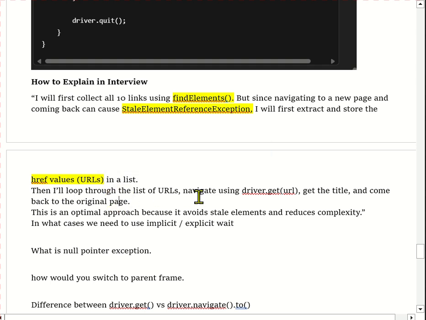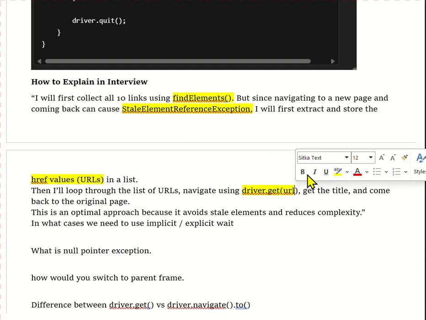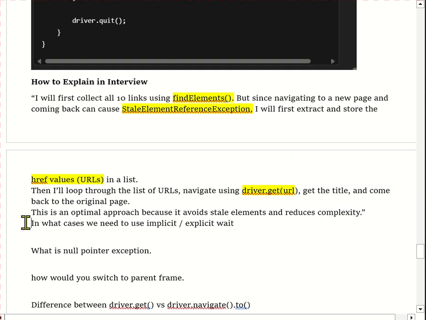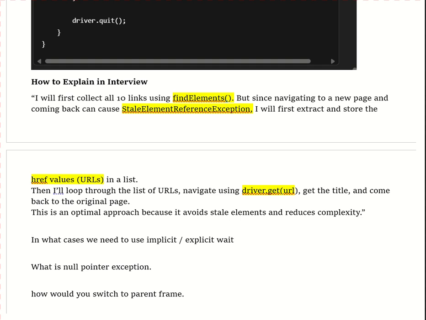Then I will loop through the list of URLs, navigating using driver.get(url), get the title and come back to the original page. So this is the optimal approach. It avoids the stale element exception and reduces the complexity. In this way you have to explain this question in the interview.